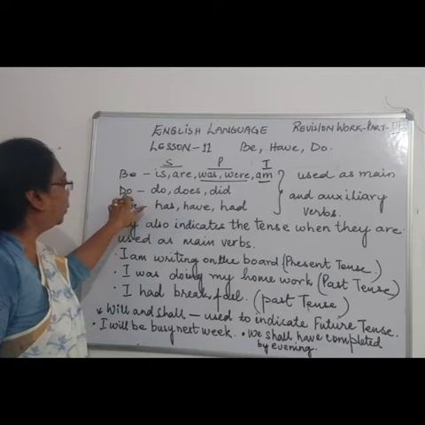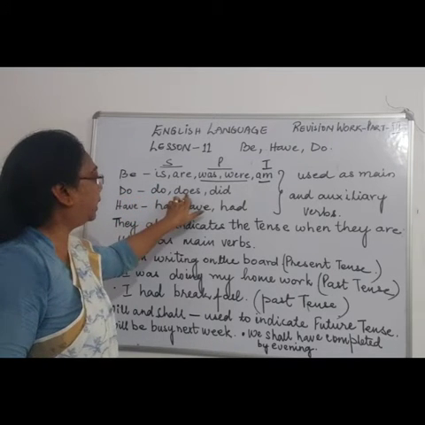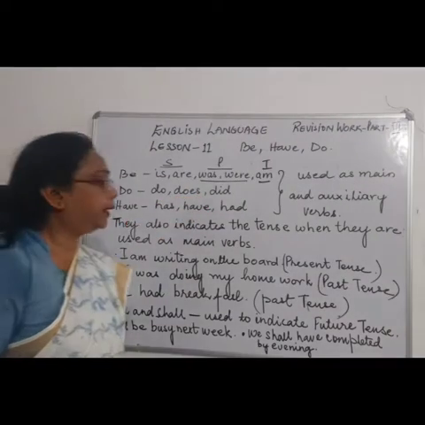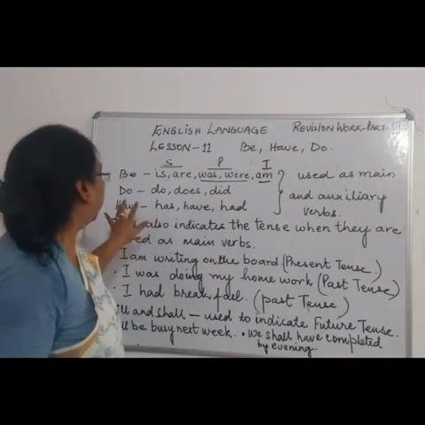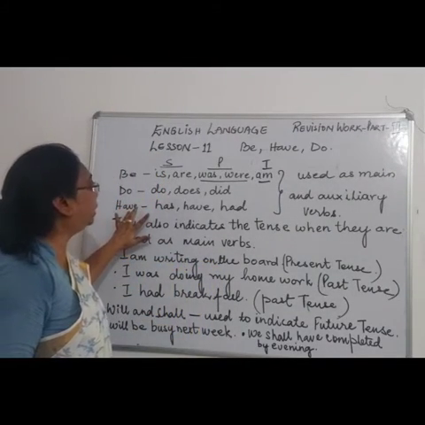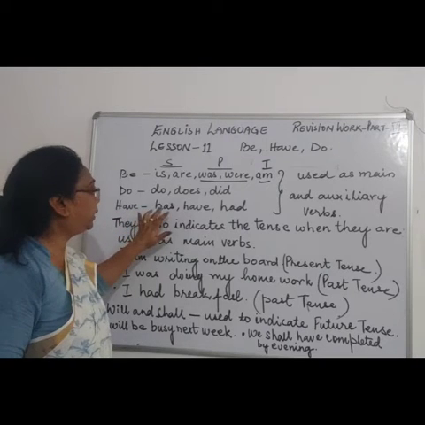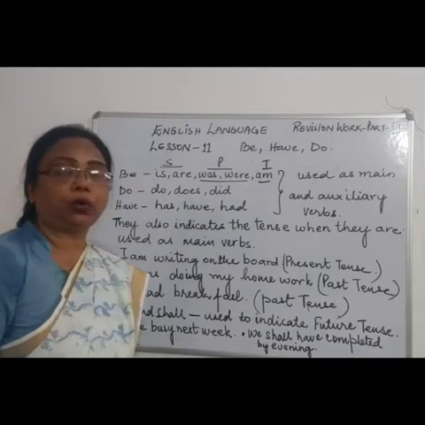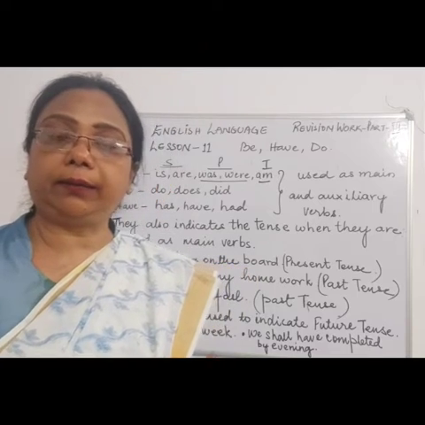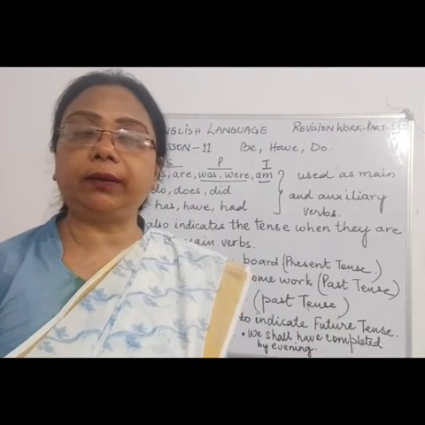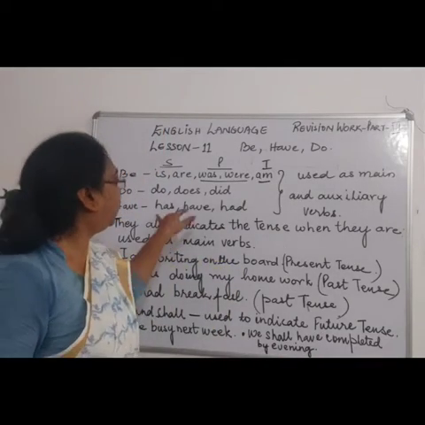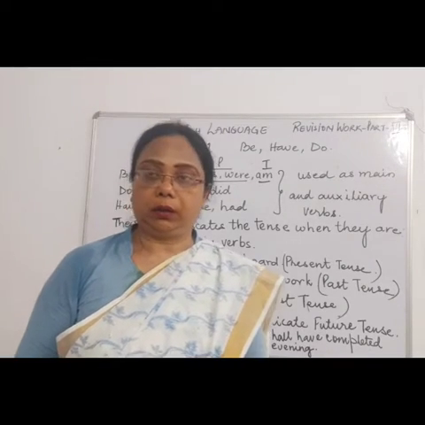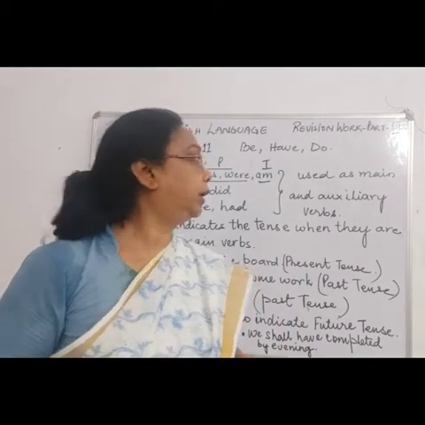Now over here, do. Do stands for do, does and did. We use them according to the tenses. Do, does and did indicate tenses. Now have we use in the sentence to show the tenses. So we use has, have and had to show the tenses, that is we'll be doing in the next class, what is tenses. Has, have and had also depend upon the numbers, that is singular and plural.